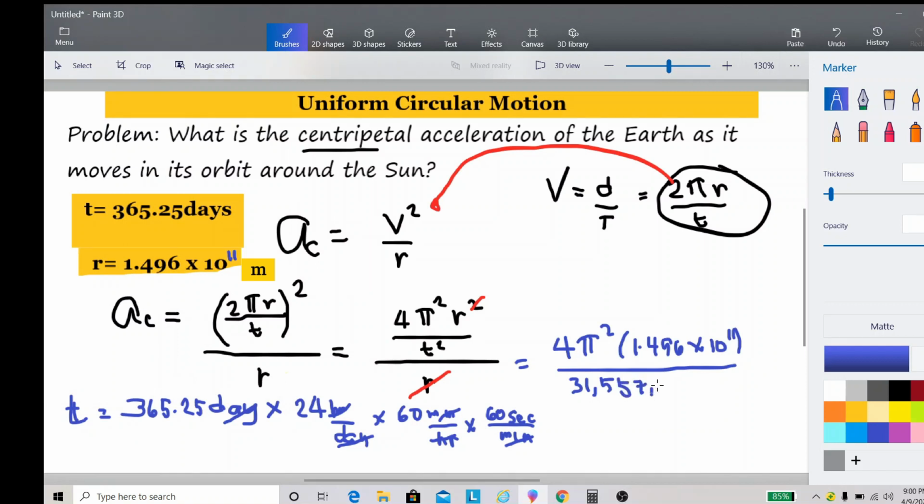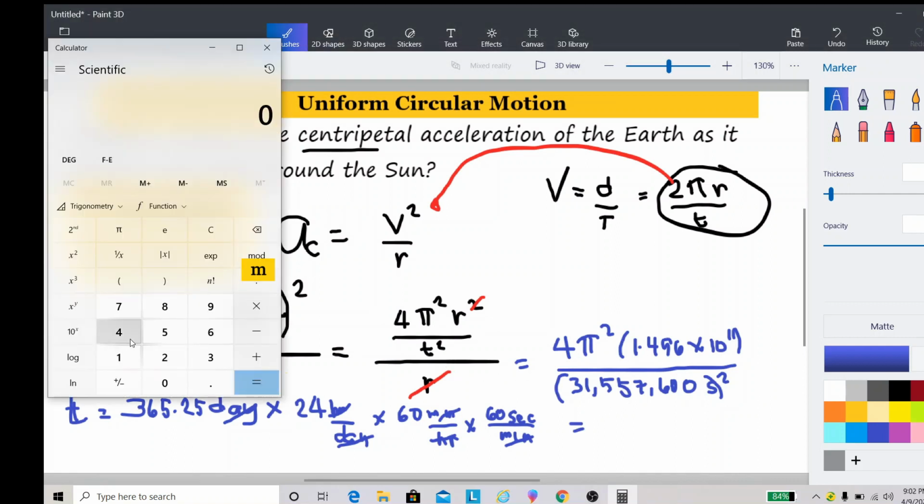So that is 31,557,600 seconds. Okay, that will be seconds squared. So we have to square that one. Still have to square that one because this is t squared. No? So we have here 4 times pi squared, and then times the quantity